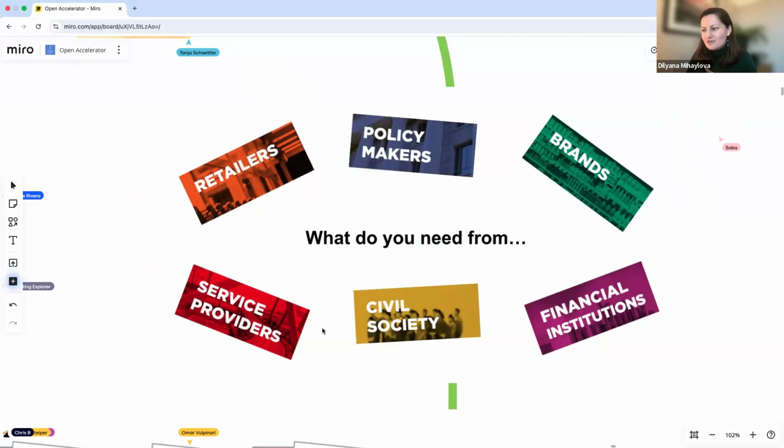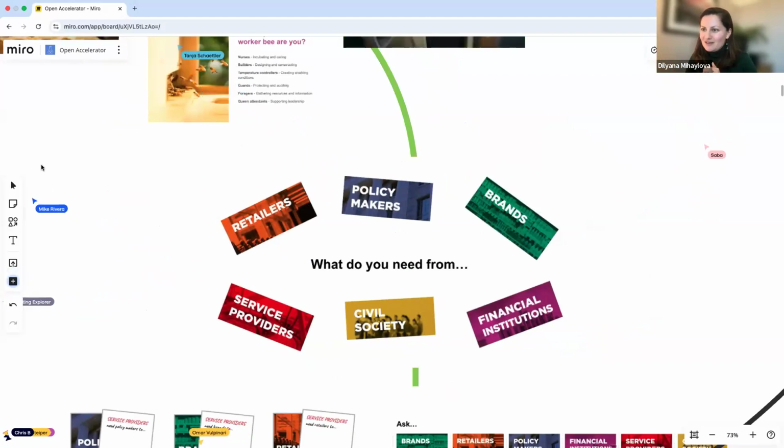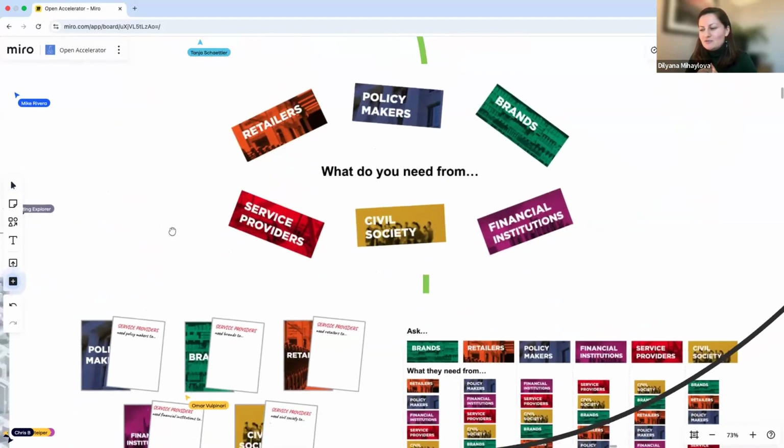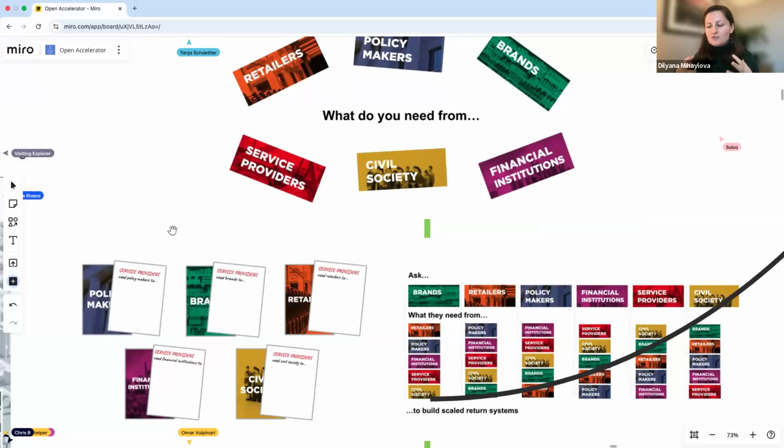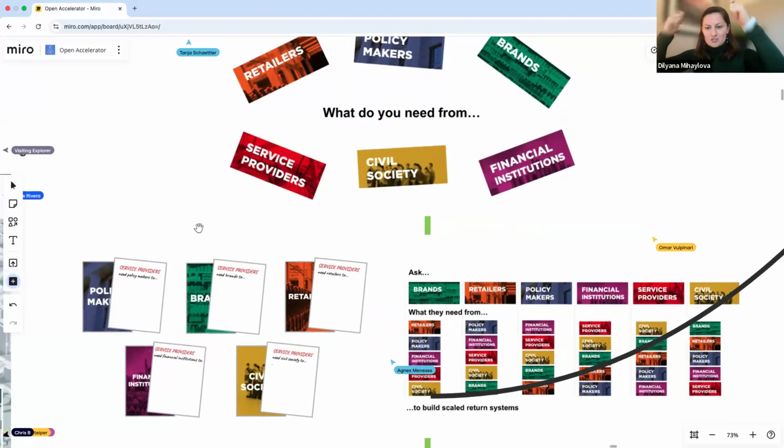So to try to unlock this, we did this hat swapping exercise and we tried to make it really physical and tangible on the day. When people walked into the room, they had these lanyards or badges that said, here's my name, but I'm also currently representing a policymaker, my civil society organization. And we got them to take these and actually swap them. So for a few hours that day, they had to walk around the room carrying someone else's badge,